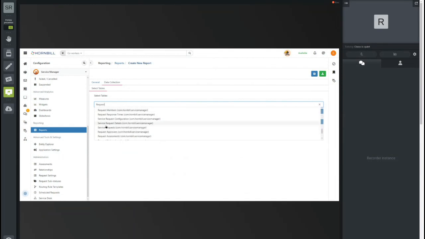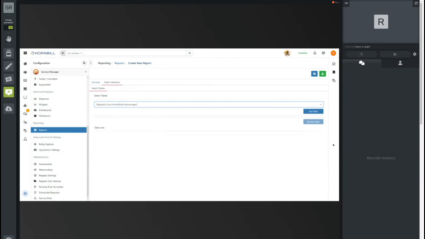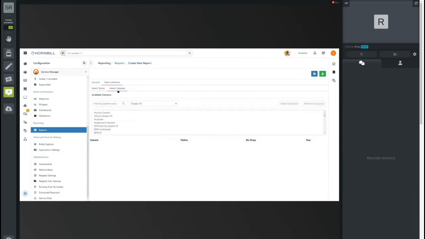Yep. So I'm used to the old table names, so forgive me if I'm a little slow myself. Okay, so I've selected the table, and I can now start looking at columns, and I just click on select columns. So to do this, all I need to do is